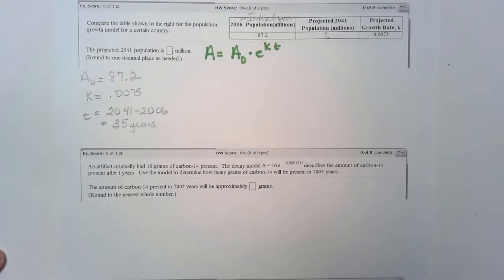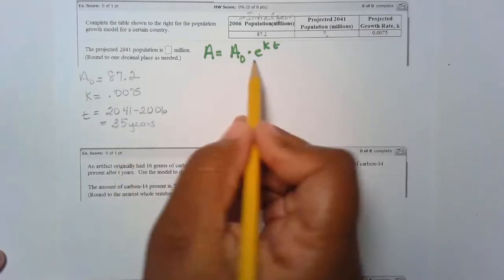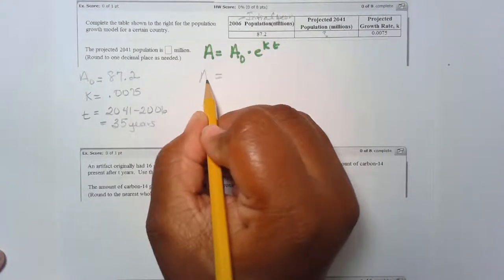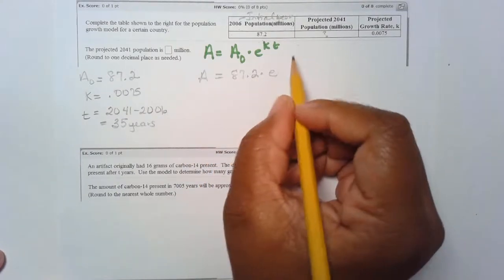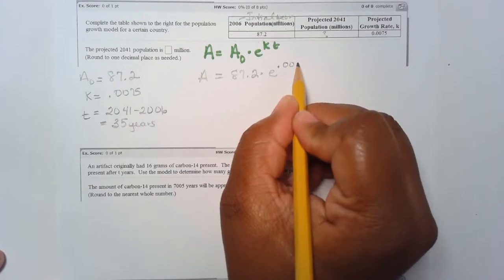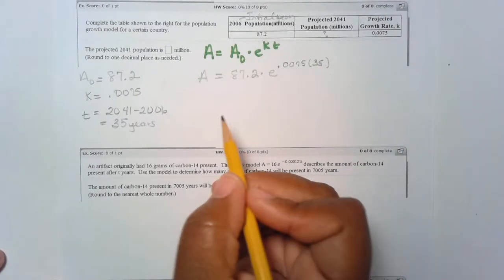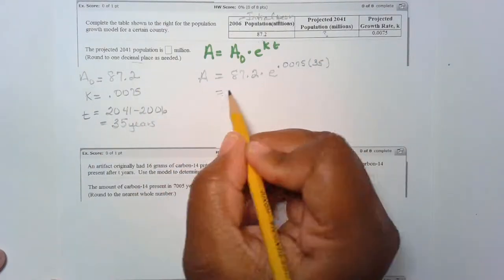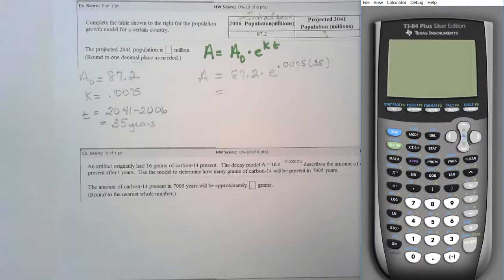All right, so we have everything that we need to fill in our information here for this formula. So we have A is equal to 87.2 times e to the 0.0075 times 35. And keep in mind it says round to one decimal place as needed. So when we enter this information into the calculator, we want to make sure we round at the end, not during the process. So let's go ahead and bring out the calculator,